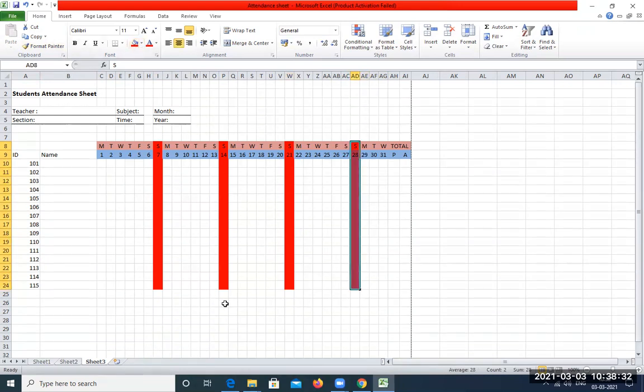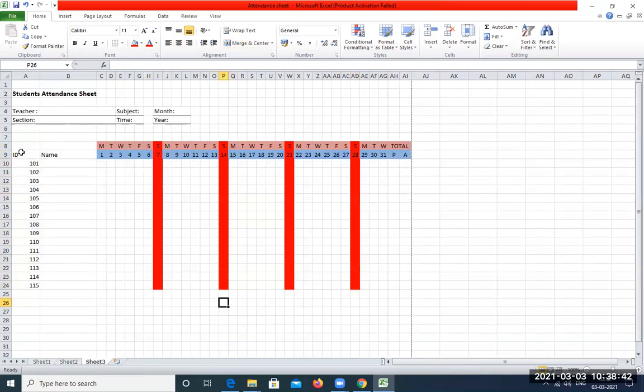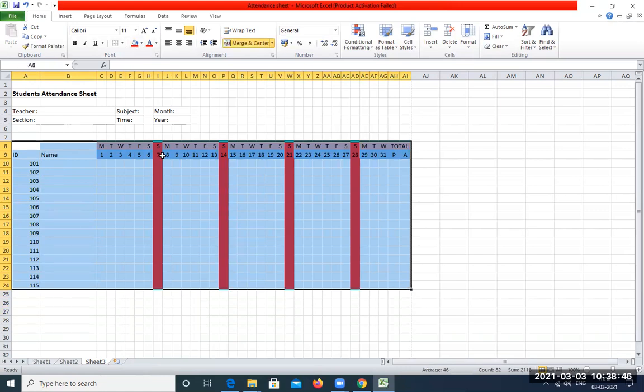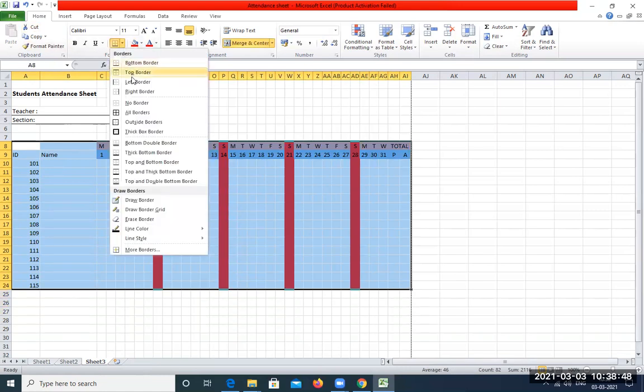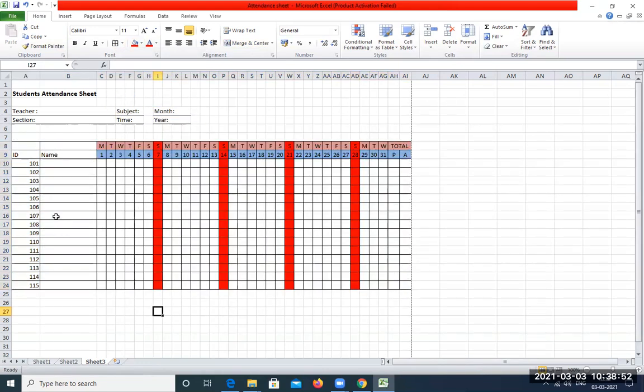Let us apply. Next thing here is, as you can see here in the output, we have applied a border for this. So we shall come back here, select this table, say for this 15 entries only, let us apply all borders. So this much is done. Now the next thing here is, you can make entries here, you can type in the names.